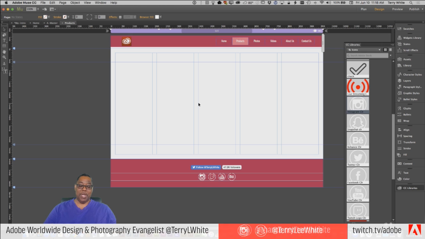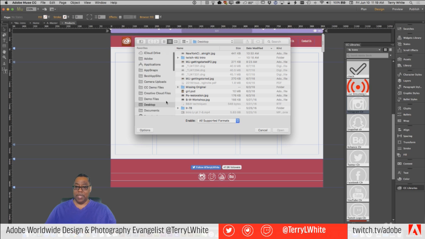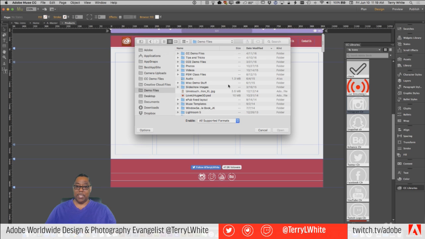Now, so far we've talked about JPEG, PNG, GIF, SWF, now SVG. There's one more format you can put in. You can do it one of two ways. File menu, place. And I'm going to grab from my CC demo files.